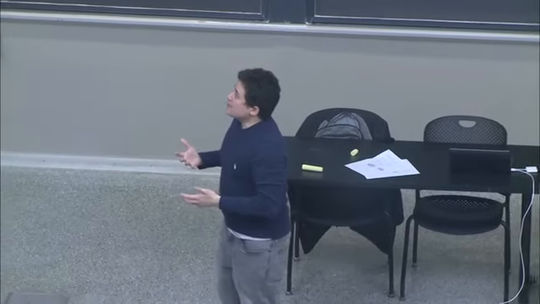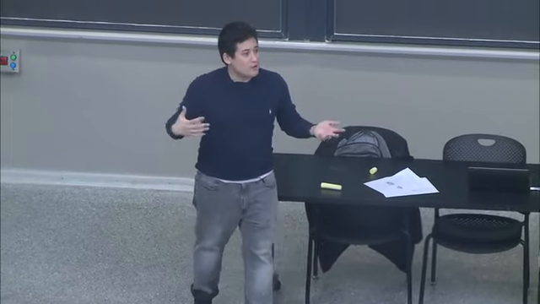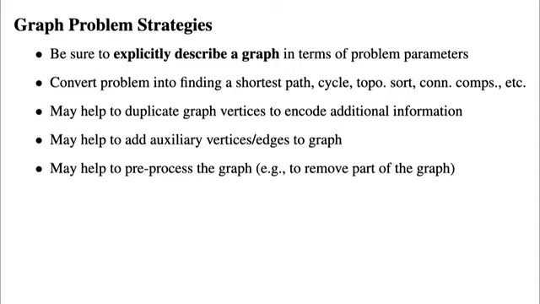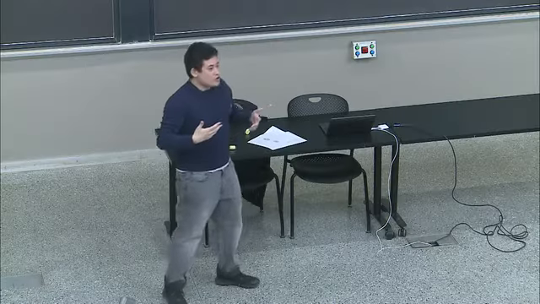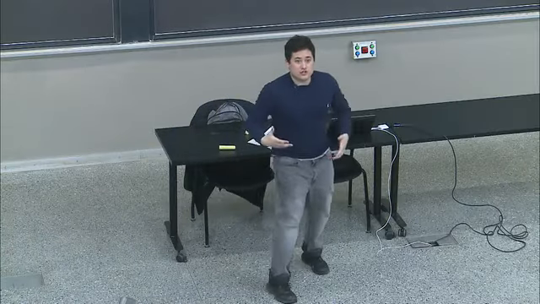And then the last thing, maybe it helps to pre-process the graph in some way, right? Some edges in the graph that we gave you might be forbidden or may need to be traversed in one direction rather than the other, even though the problem statement kind of seems like they should be traversable in either direction, right? And doing this pre-processing of the graph could mean that you break up your connected